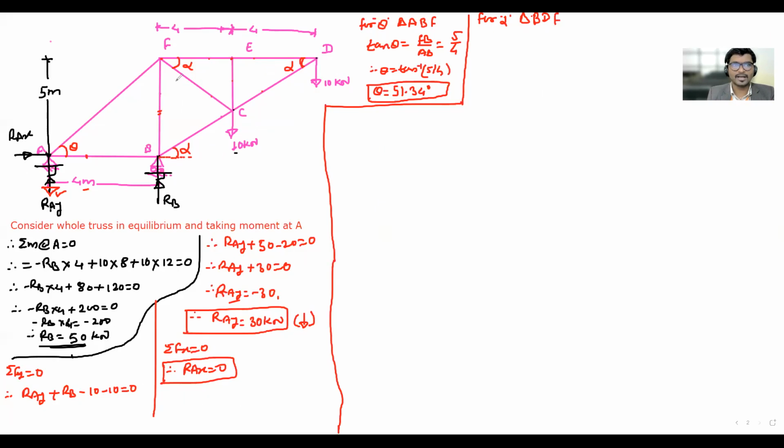BDF. Okay. We will consider angle alpha at D. So we know the adjacent side of the angle is 8 meters, and the opposite side of the angle is 5 meters. So once again, tan theta equals opposite side, which is FB, upon adjacent side, which is FD. FB is 5, FD is 8. So theta is equal to